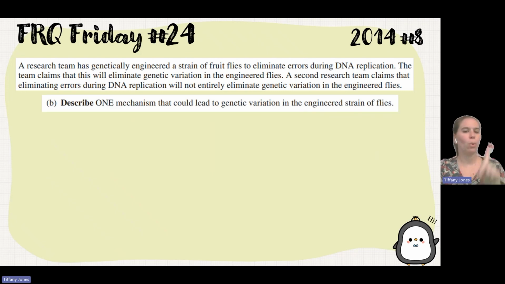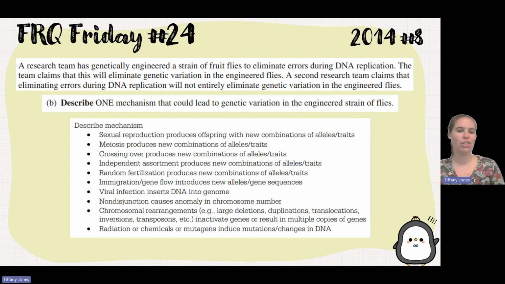Part B is to describe one mechanism that would lead to genetic variation in the engineered strain of flies. Again, we're only going to provide one here. The reader's only going to score the first one. So different ways that I could have genetic variation. Well, this has to do with sexual reproduction. There's a new combination of alleles having to do with meiosis, talking about crossing over that occurs during prophase 1. Independent assortment that takes place during metaphase 1 that allows these homologous chromosomes to line up independently on the metaphase plate. Random fertilization of any sperm and any egg could then lead to a different new combination of those